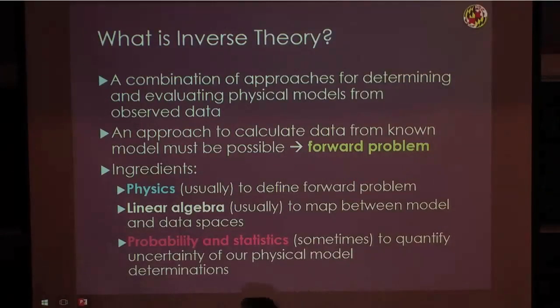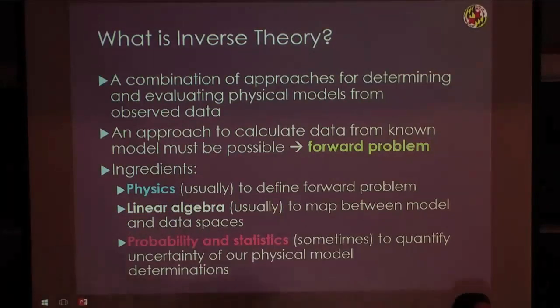And then we have a variety of approaches, and this is especially true if you want to go work for Google or for other kinds of information big data companies. They often have to figure out what their model is given the data, so they can create these generative processes that can produce data through an unknown model. Essentially, the machine learns on its own how to predict data. We usually use linear algebra. Again, we don't have to, but what we use it for is to map between the model and the data